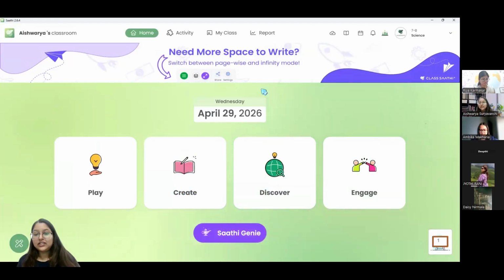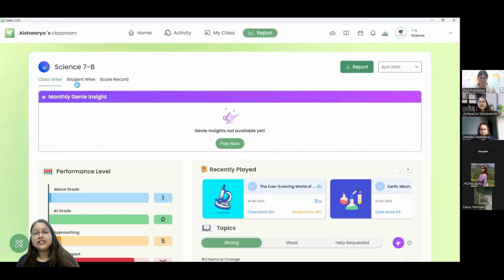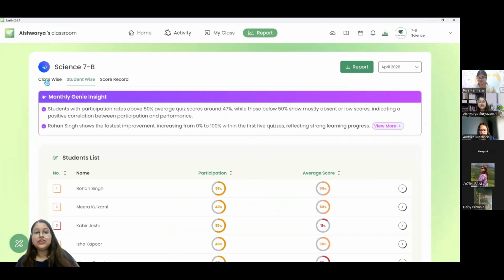So yes, that was our rapid recall option. Another feature I want to show you is our scorecard. So teachers, I know Class Sathi has lots of reports for you. You have class-wise report, you have a student-wise report, and all of these are ready-made reports created through Class Sathi. And since we have been talking to a couple of teachers, we have gotten feedback that they would also like to use Class Sathi for reports where they are not able to put data in Class Sathi right away, right?